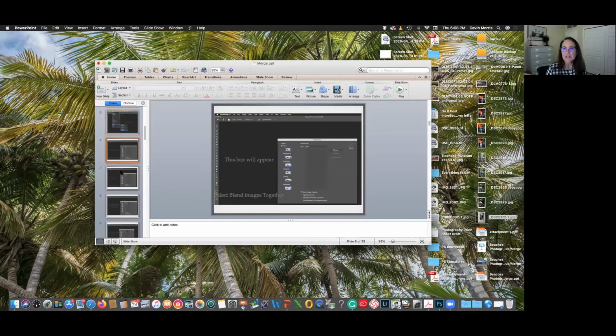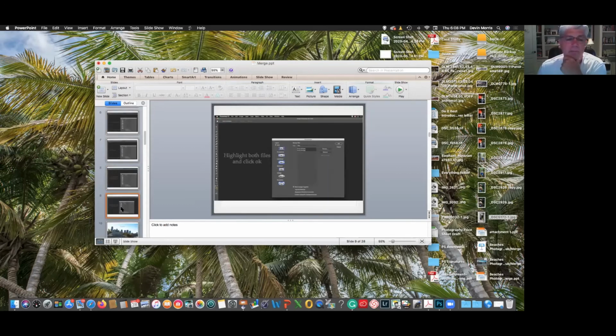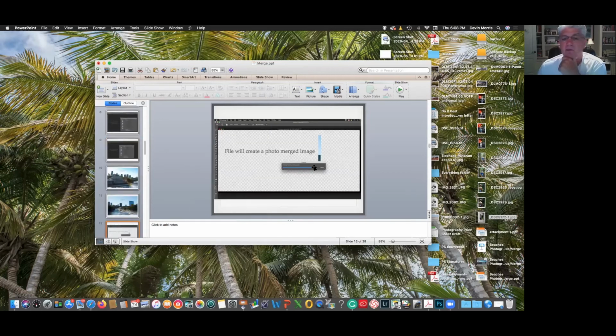Photo merge. And then your little box will come up, and make sure that you select the blend images together and the content aware on that. And select the images that you want in your browse. And once you do that, you're going to highlight both of them, and then it'll start the process of merging your images